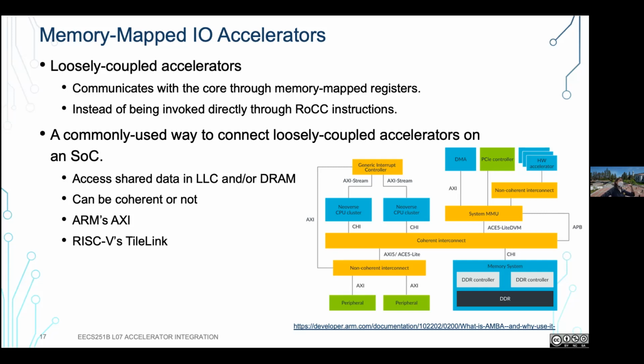Instead of communicating or being invoked from CPUs directly as special instructions, those are really communicating with CPUs through memory mapped registers, right? So those are how data is transferred. Everything is actually through the memory interface. So this is the key difference when we think about how accelerators or IPs actually interact with the CPU